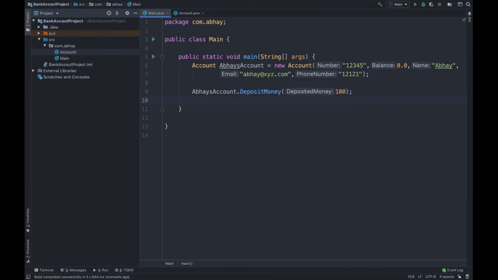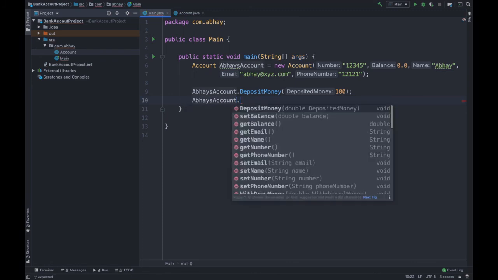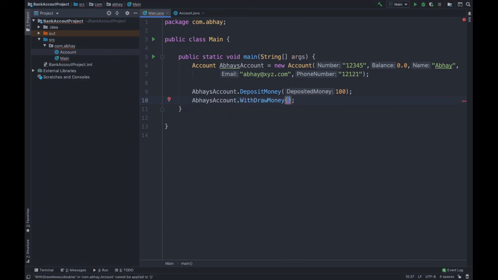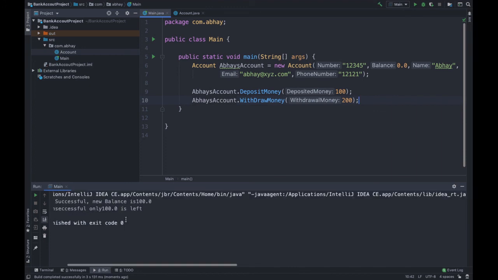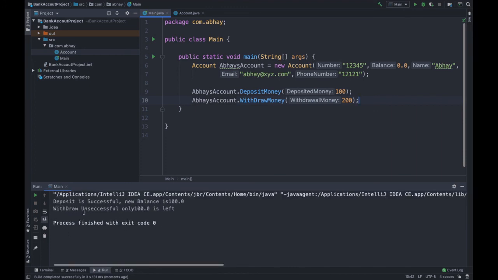Now withdraw some money. Abhay's account dot withdraw. Let's withdraw 200 rupees and see how it goes. As you can see, we got withdraw unsuccessful, only 100 rupees is left.